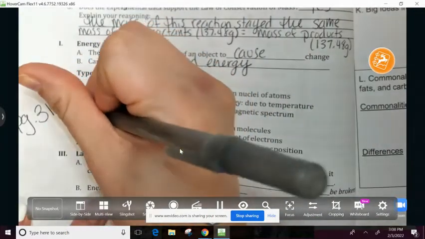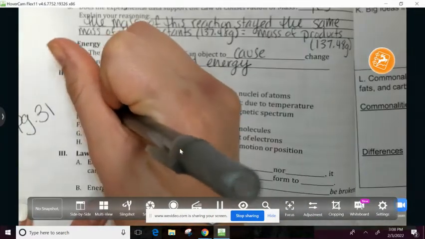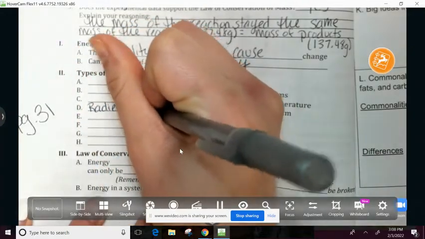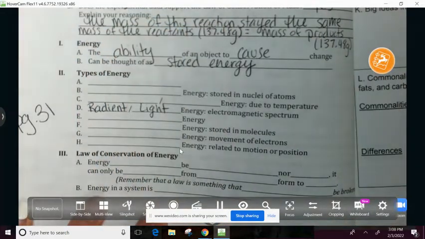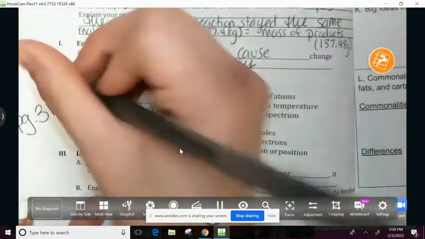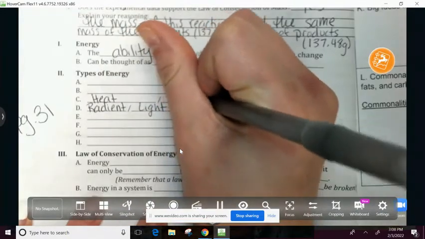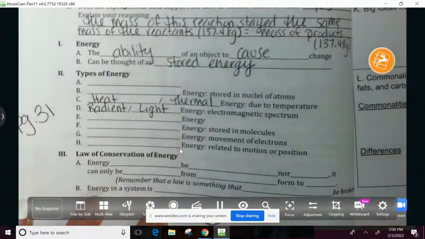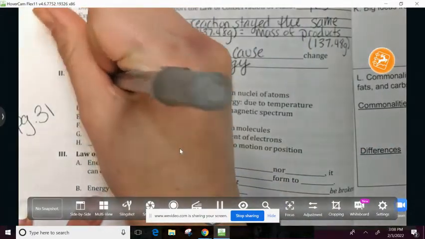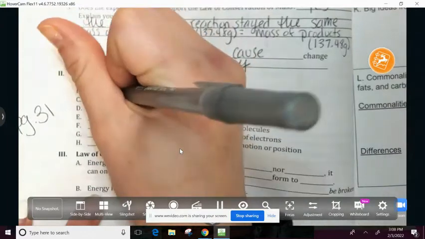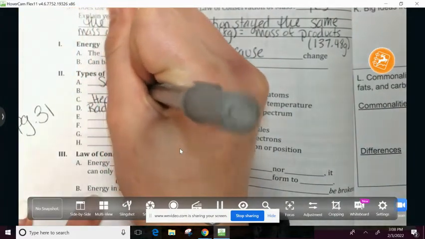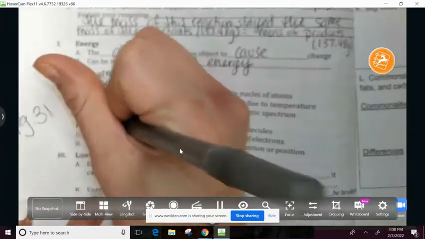There are many types of energy, and in a few of my other classes, people have already talked about different kinds of energy. One that someone brought up before was radiant or light energy, which is energy from the electromagnetic spectrum. So different colors of light have different energy. There's also heat or thermal energy, which is due to temperature. UV rays from the sun are a different kind of energy, but the heat that's produced is a type of energy.